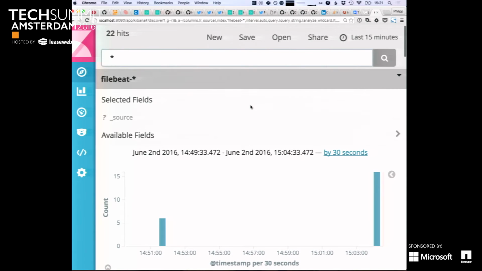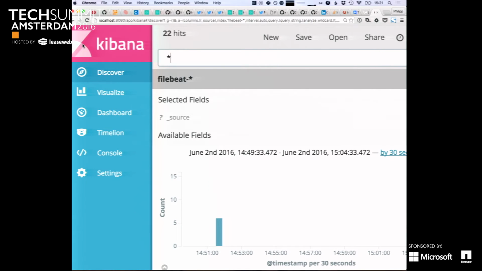This is Kibana. For those of you who have used Kibana in the past, some stuff has changed. Firstly, it's a bit more colorful now. Secondly, the menu moved from the top to the left, and you have the stuff you've known from the past. Discover, Visualize, and Dashboard are still there. What was called Sense is now called Console, so this is just a nice interface to query stuff. And there is Timeline for time series data, but we probably won't have time for that, but let's see.